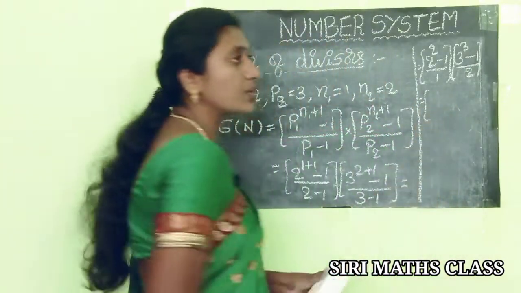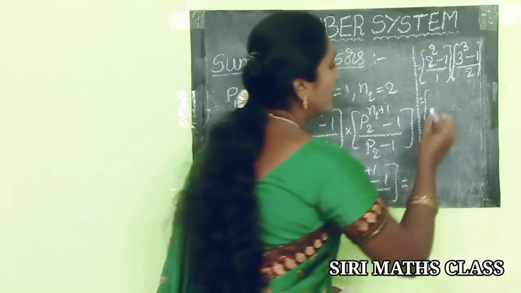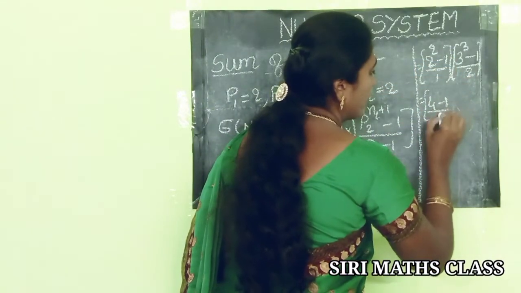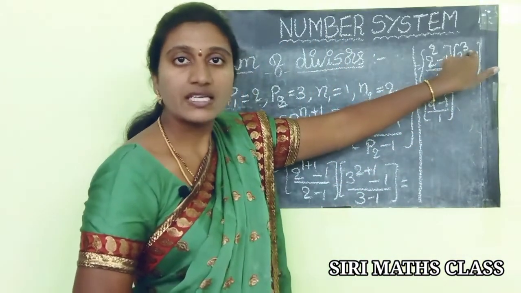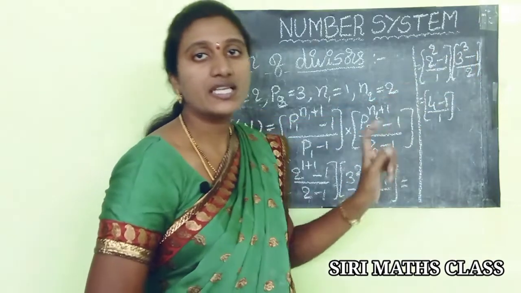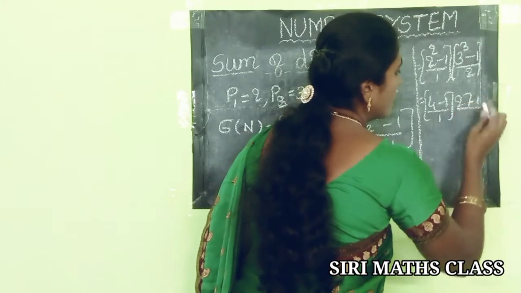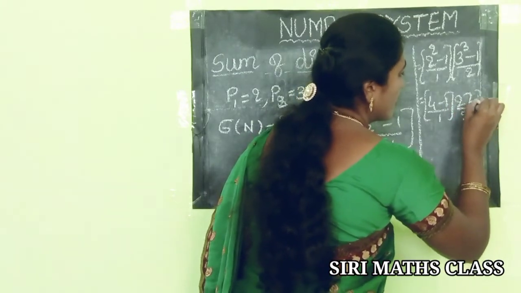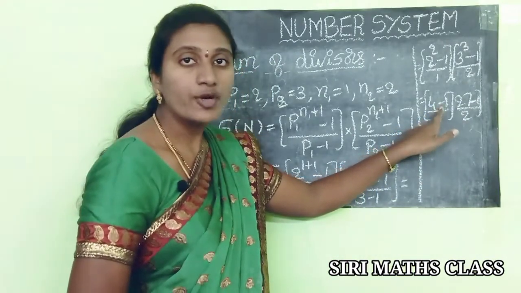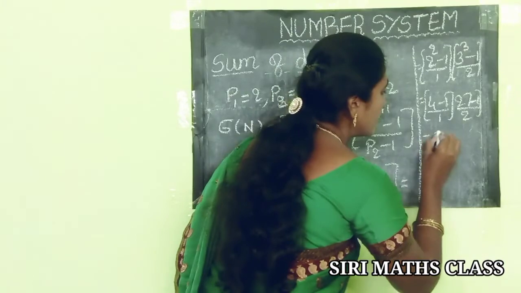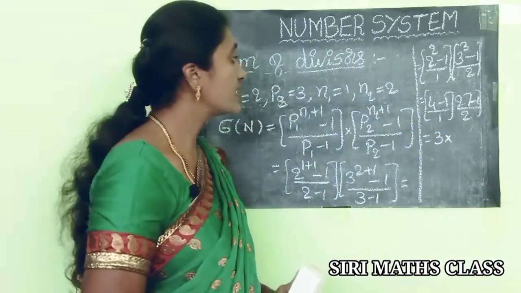Okay, see here, 2 square. 2 square is nothing but 2 into 2, na, 2 2s are 4. So 4 minus 1 by 1 into, here see here 3 cube. 3 cube value is nothing but 3 into 3 into 3. 3 3s are 9, 9 3s are 27, minus 1 by 2. Okay, now here we can simplify. 4 minus 1 value is 3 into 27 minus 1. 27 minus 1 value is